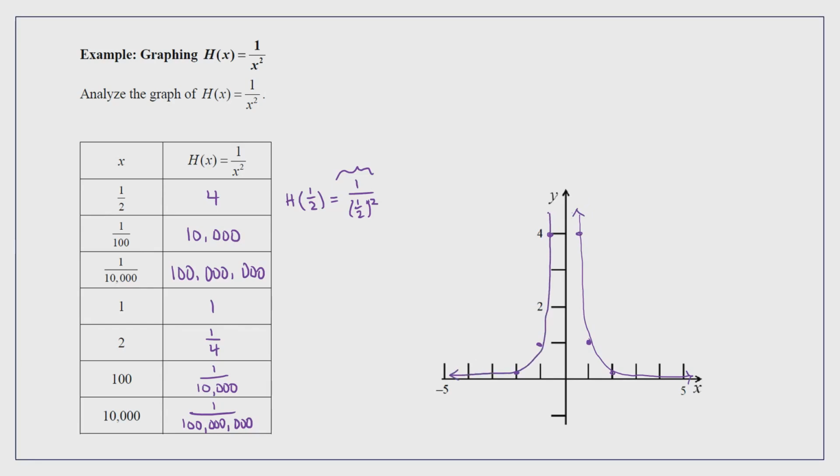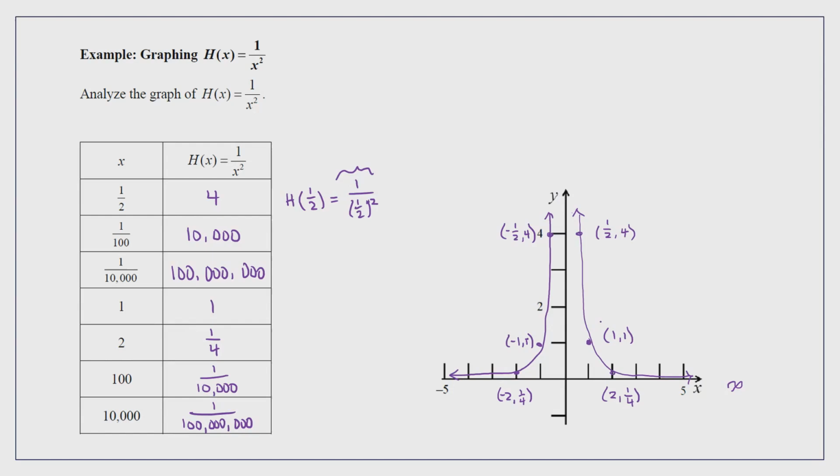There we go. And just for our reference, I'm going to label my points. And this is (1, 1). This is (2, 1/4). (-2, 1/4). (-1, 1). (-1/2, 4). Alrighty. So notice here that as x is approaching infinity,